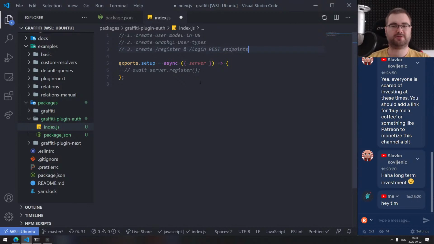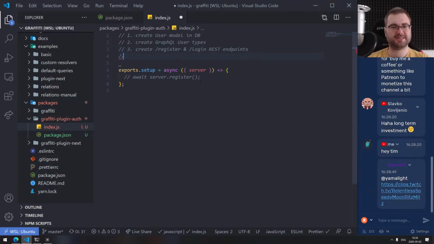So this is basic REST endpoints, right? Because I don't like, did anyone work with GraphQL enough to actually create a login through GraphQL? Is that a thing? Because I never seen anything like that, and I don't think this is